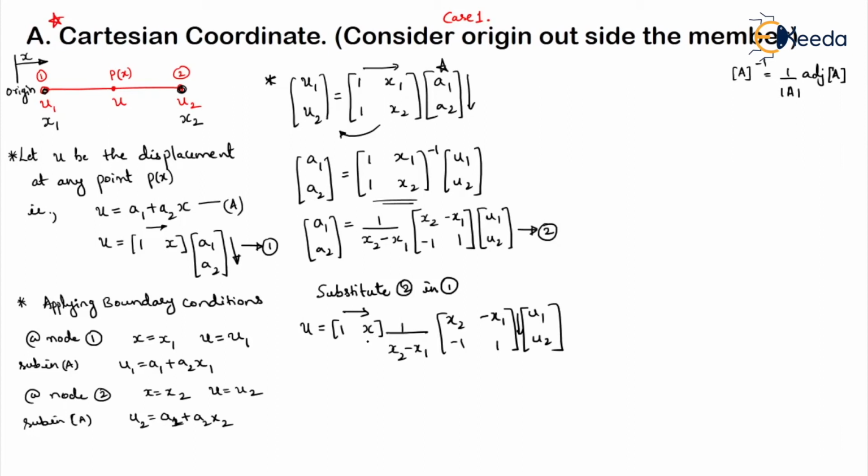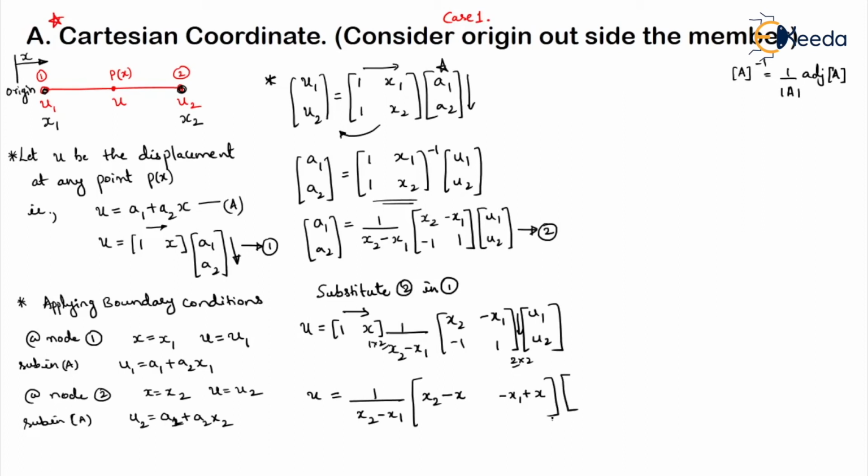So now multiply this with this. See, this is 1 into 2, this is 2 into 2. So this and this is same, so you can multiply that. So what will you get if you multiply? I'll take this here on this side. So what will happen? 1 into x2 minus x. So this will be x2 minus x. Again this into this. So minus x1 plus x.